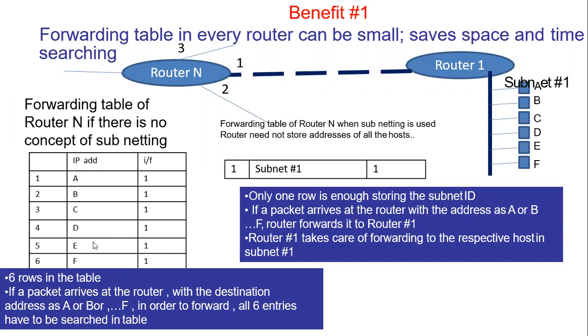If there are n hosts, n IP addresses should be stored. If there are more, say 64 hosts, then 64 entries have to be there. And if you have 120 hosts, then the table increases to 120 entries. As the number of hosts increases, the table entries also increase. That will create a burden on the router, as it has to process all the table entries.